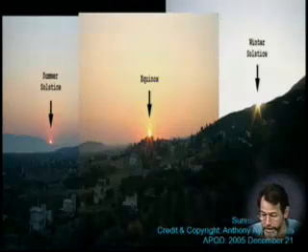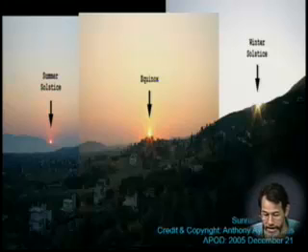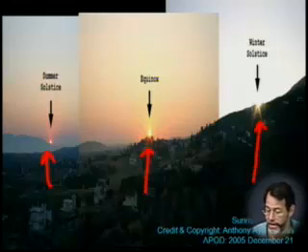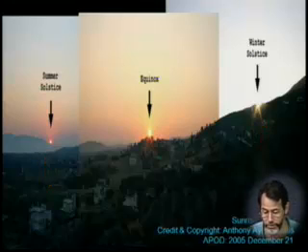Here's a cool picture taken. So you can see where the sun sets on 3 different times. This is taken from the northern hemisphere, I think from Greece. So in the summer, here's the sun setting, and that's closest to being highest in the sky. The equinox is in the middle, and in the winter solstice, the sun doesn't get very high in the sky and happens to rise and set over there, relatively far from where the equator would be.